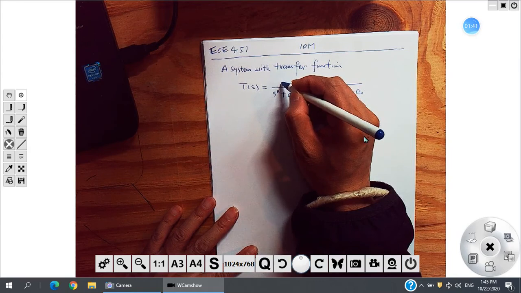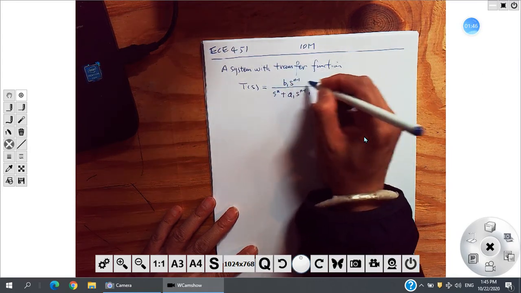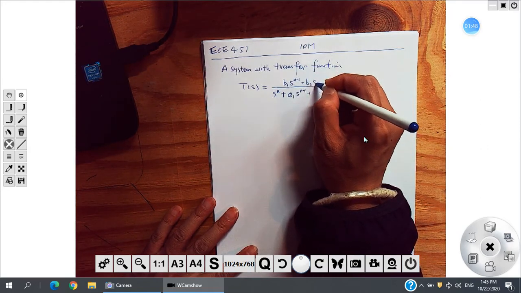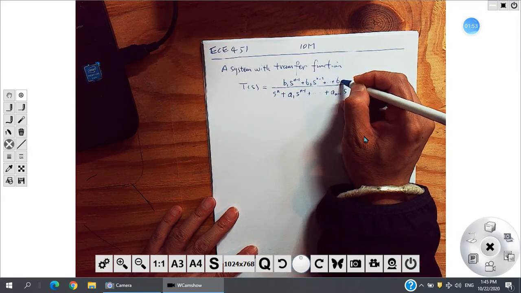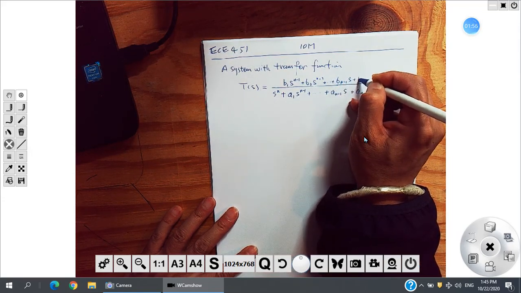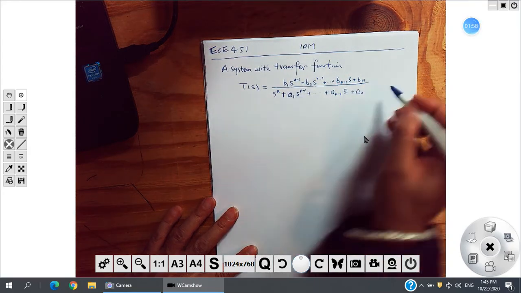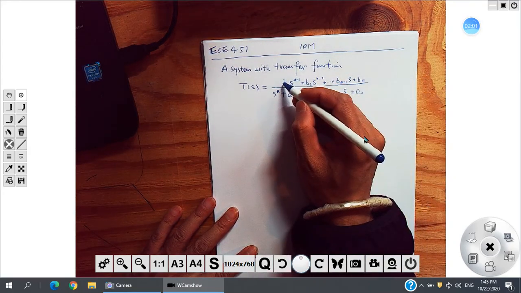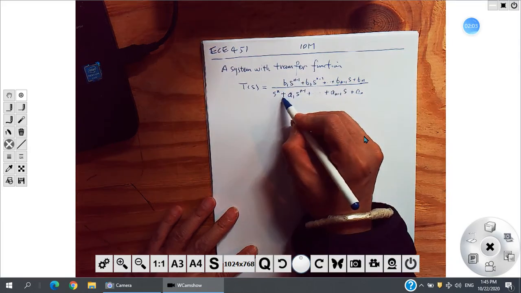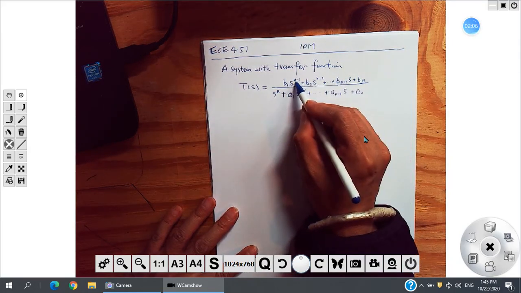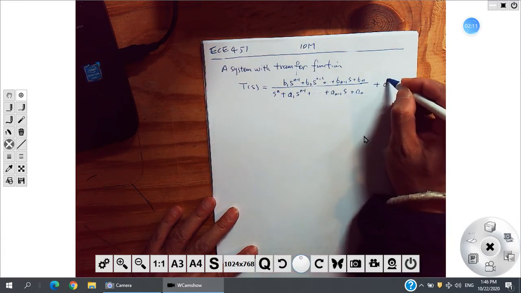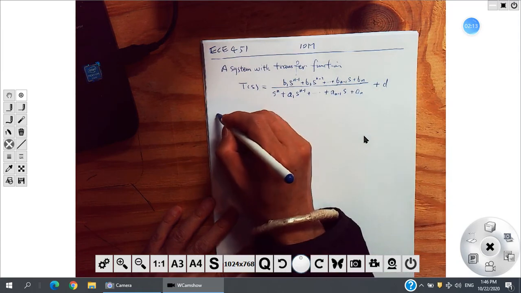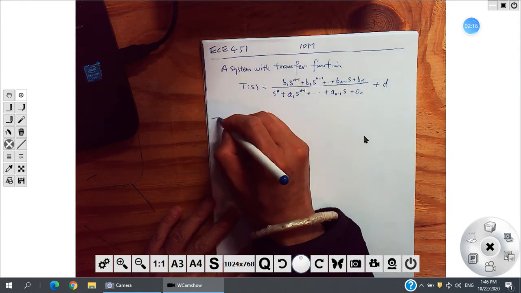Numerator, we suppose it is some coefficient b1 s to the n minus 1 plus b2 s to the n minus 2 until b_(n-1) s plus b_n. So this is a proper fraction. The numerator has lower order than the denominator. And suppose we have a constant d here. Then we have the CCF